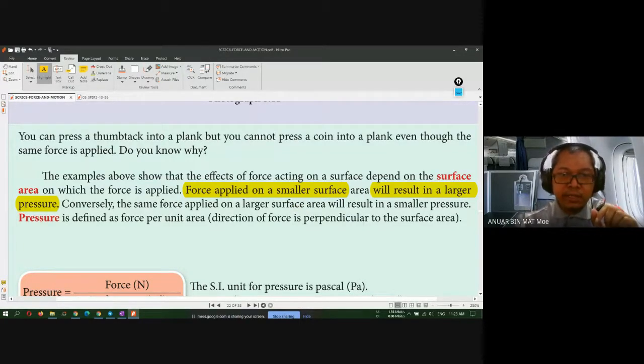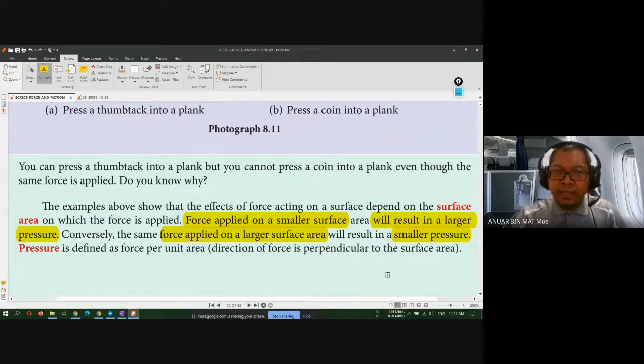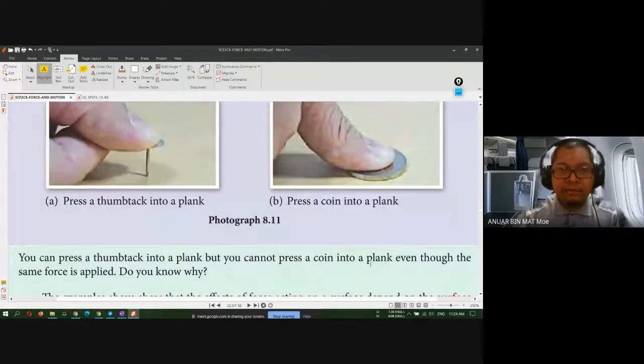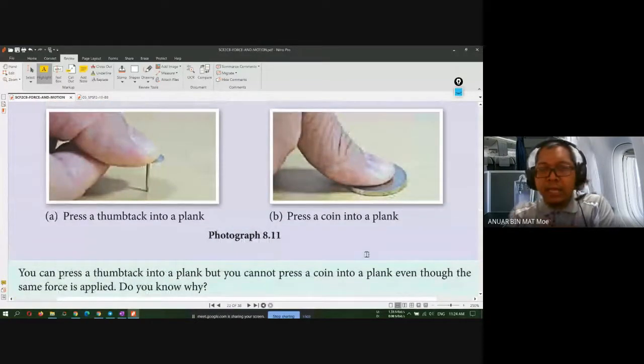Conversely, the same force applied to a larger surface will result in smaller pressure. Smaller surface area, you have larger pressure. Biggest surface area, you have